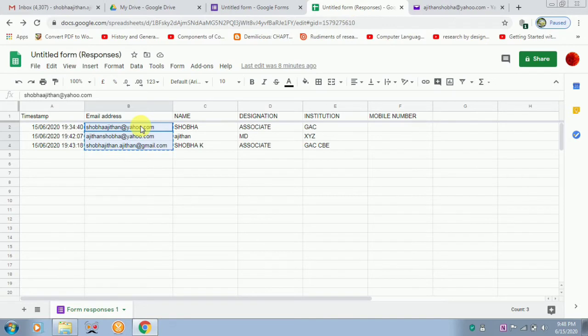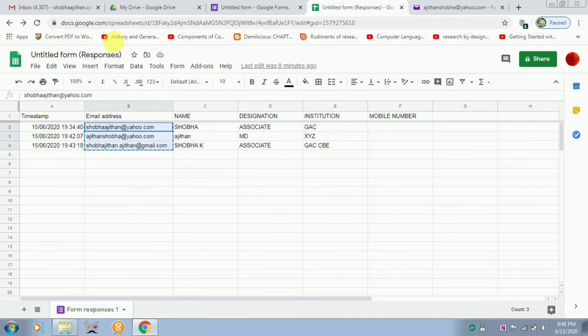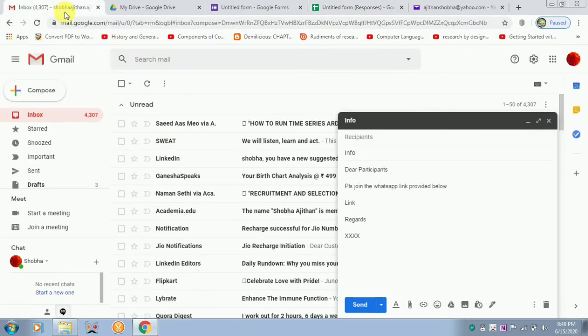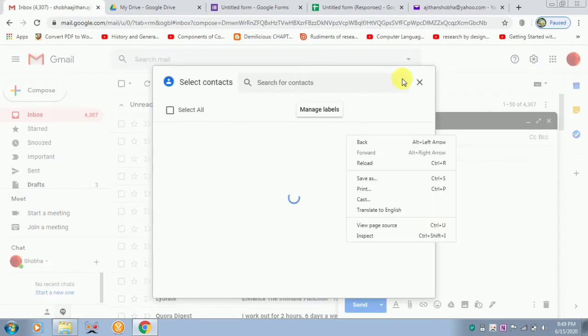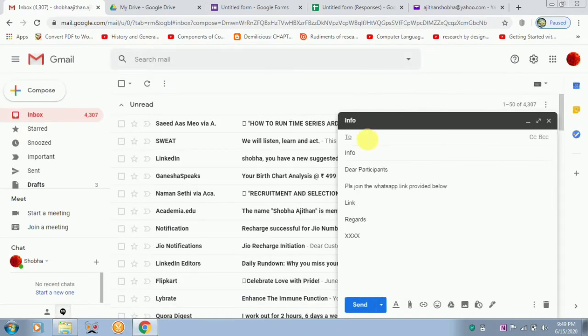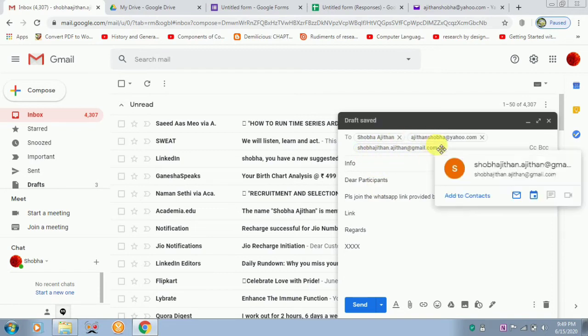Now select all the email addresses in one go with the help of right click, copy it and then go to your email, paste it in the recipient side. Paste it. So you can see all the participants' names have appeared.